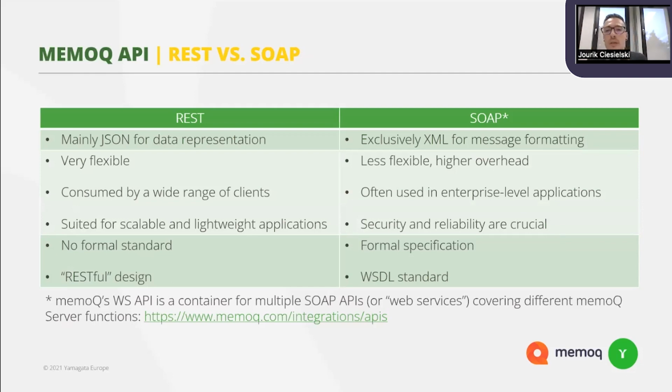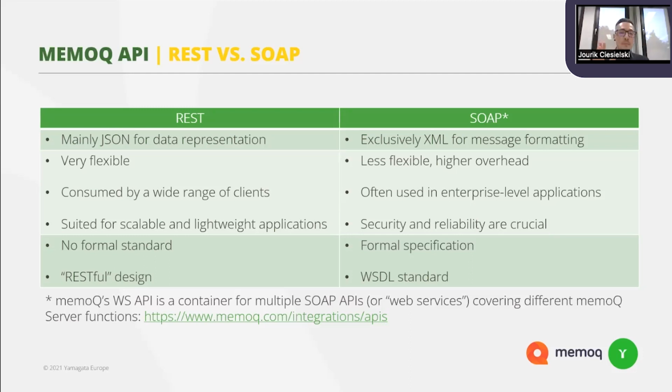A quick table highlighting the most important differences between REST APIs and SOAP APIs. I think that the REST APIs are the standard. I think they are more commonly accepted and used and deployed compared to SOAP APIs for a couple of obvious reasons. REST APIs mainly use JSON for data representation. So you send your data in JSON to the server and you receive your response also in JSON from the